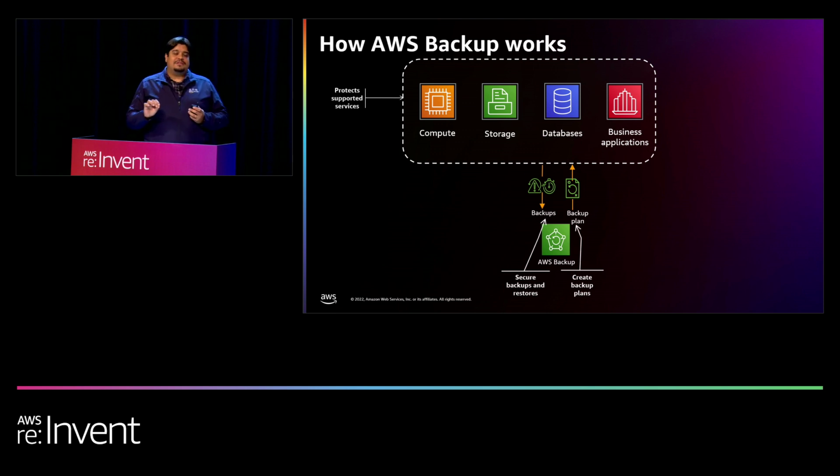You can assign resources to a backup plan in two ways. You can do that by pointing directly to the services or the resources that you want to protect, or, which is more common, customers are using tagging systems. So you just tag your resource, you select certain tags that you put on your backup plans, and then after you start tagging the resources and the multiple services you're protecting,